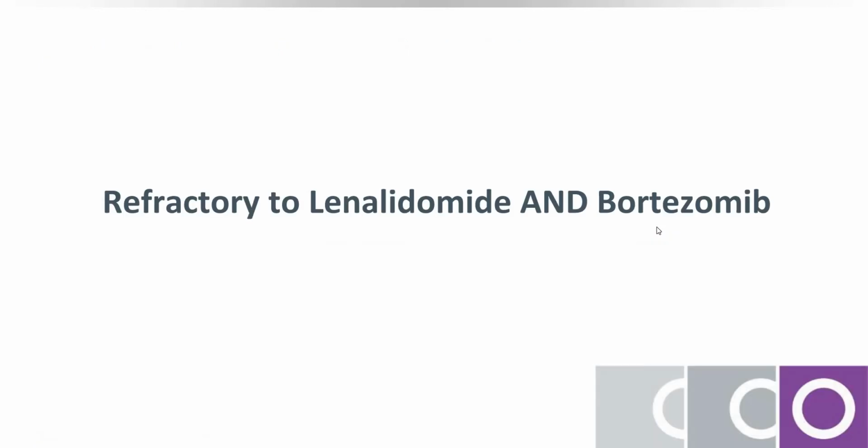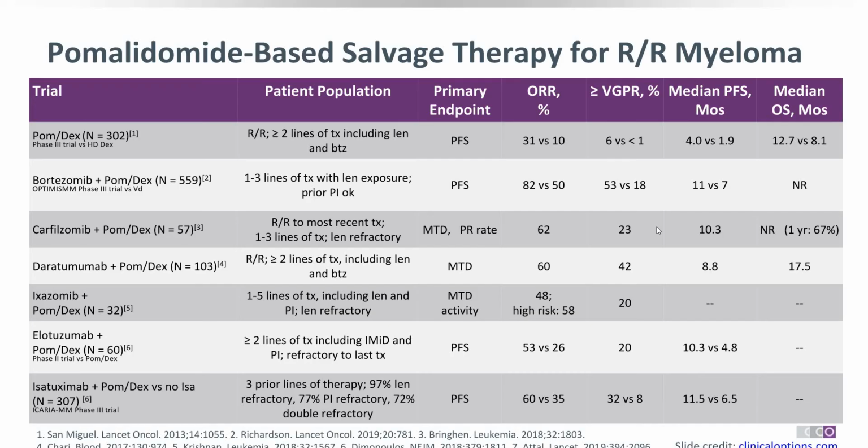Third scenario, our patient, if he is refractory to both, suppose we have given the VRD regime. VRD means Velcade, lenalidomide and dexamethasone at one go, these triple drugs at the upfront level. So if the patient is refractory to both these drugs, then there is another option, pomalidomide, obviously, because this is a very good drug, capsule form, and a salvage regime for relapse refractory. Maybe in third line we have to use this one, because first line we have used bortezomib, second line lenalidomide, then third line comes pomalidomide.